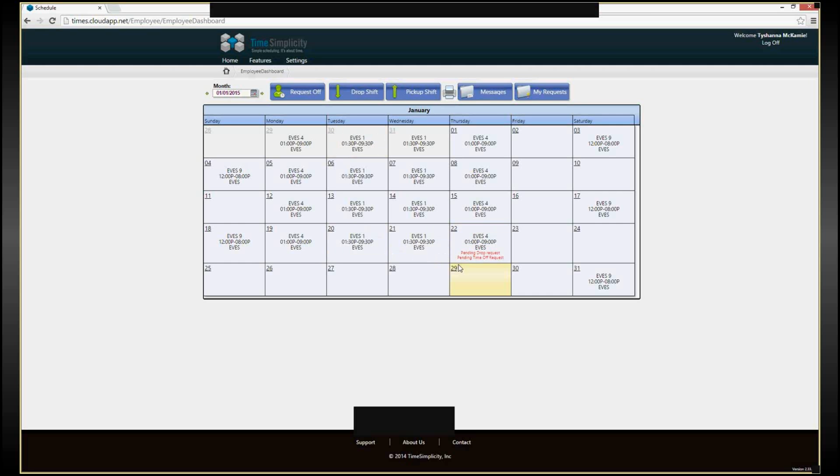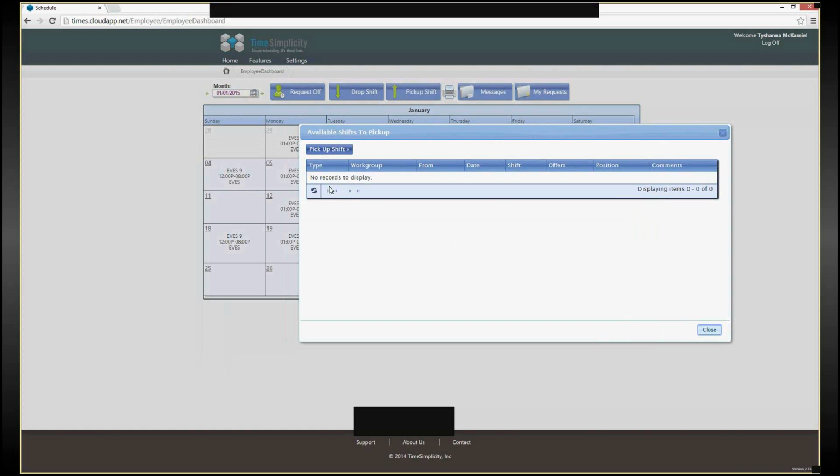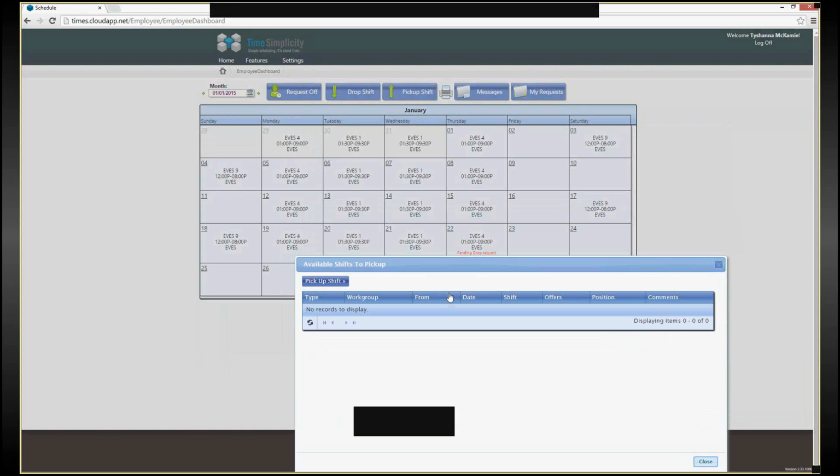continue on. Now, at this point in time, what's happened is with that pending drop, messages have gone out to all of your coworkers that have said, yeah, I'd like to be notified when shifts come available. They'll have all gotten a message either via text or email, depending what they've said, saying, hey, there's something open, and they could come in and then they could use this pick up shift button to show what are the open hours that are available. And right now, we don't have any open hours at Douglas House except for the shift that Ty's put up